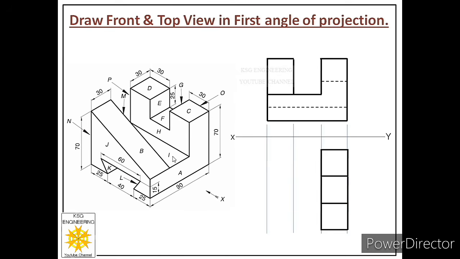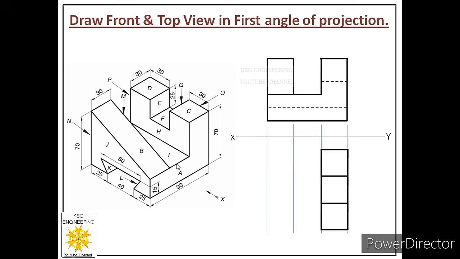Now we will plot the next parallel face, which is face I. The rules are again the same. Pick any one point of face I and locate that point with respect to any of these three faces. So if I pick this point of face I, this is just below this point of face C, and that point is over here. It means from this point I can start the drawing of face I.